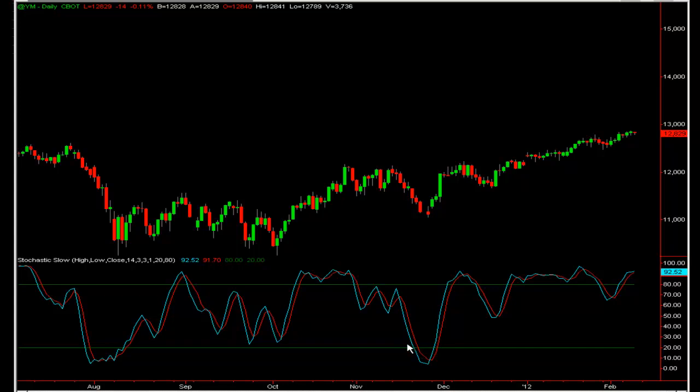The essence of this indicator is to try to tell you where market turns are occurring. It's based on the supposed tendency of price to close in the direction of the trend, that is, closing toward the upper end of the price bar in bull moves and toward the lower end of the price bar in bear moves. So what that's telling you is this: as price is closing in the upper end of its range,